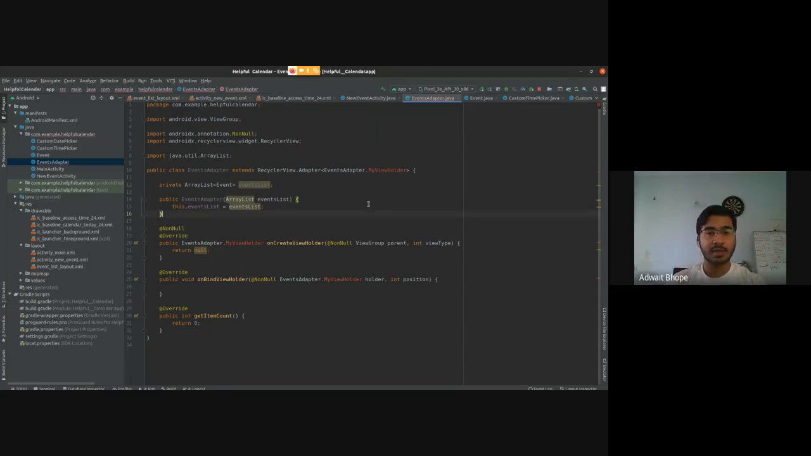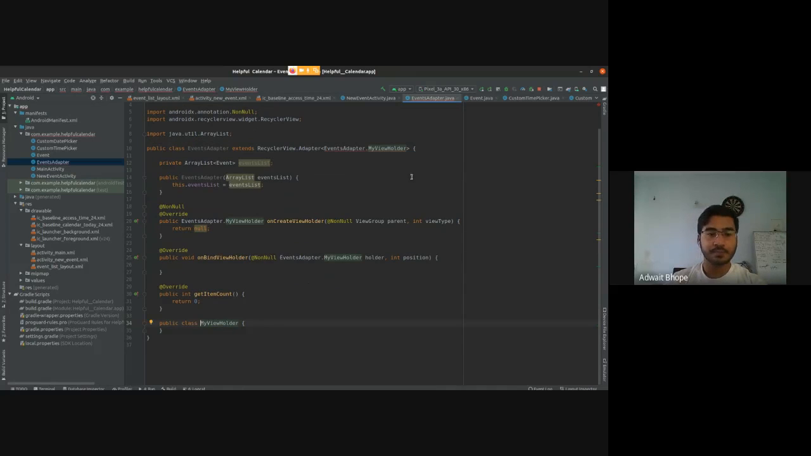Now let's go back to the adapter, and you'll see that you still have some errors, because what we have to do is create one more class inside of this events adapter class, and we have not created that, which is why it is showing us an error. So go to that and press Alt Enter and select create class myViewHolder. So it will create this class here, public class myViewHolder, and